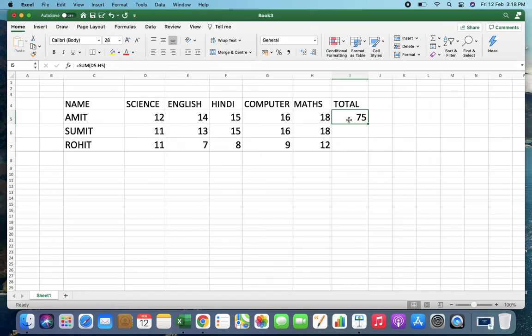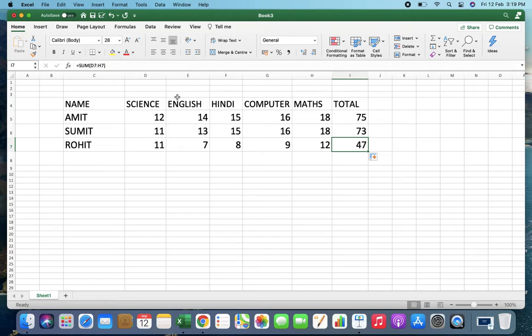So as I told you in the previous video, how will we compute the total for the rest of the rows? For this I need not do anything, but simply drag and it will give me the result. While dragging, as we can see, the formula is automatically changing. Holding from here and then simply dragging. As I can see, it is giving a total for the rest of the rows. But have a look at this. When I click here, you see the formula. It was D5 colon H5 and has automatically been changed to D6 colon H6,